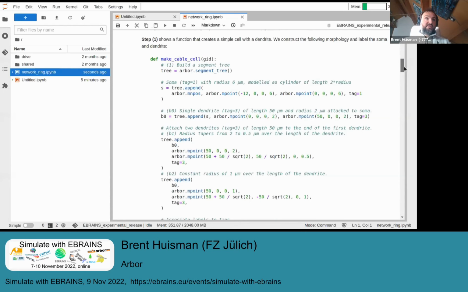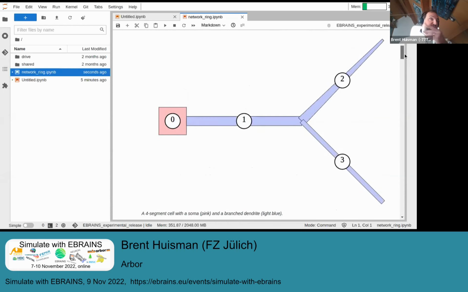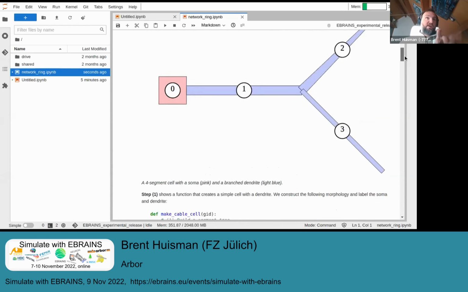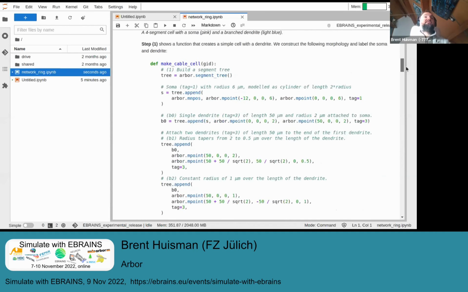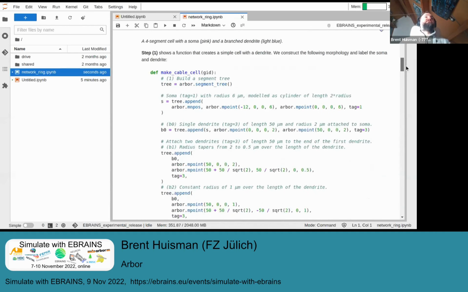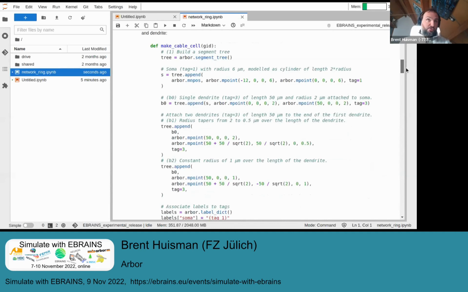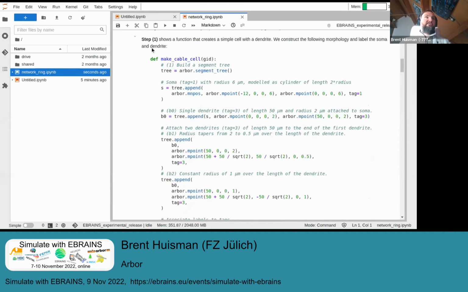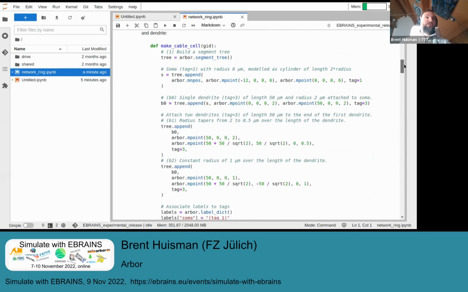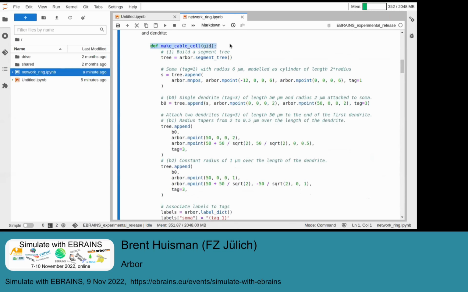How do we create the cell? As a researcher, you probably won't write your own cells quite like this, but it's just here to give you a demonstration that you can. Usually you would get it as a file from a colleague, or maybe you trace it yourself, like an SWC file, and you can just open it and you don't have to do any of the following. But if you want to create your own toy cell, this is how you do it. We'll make a function that